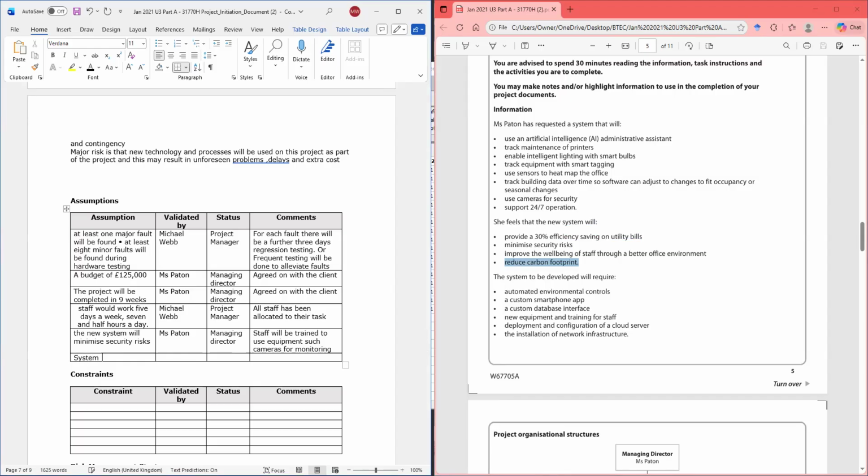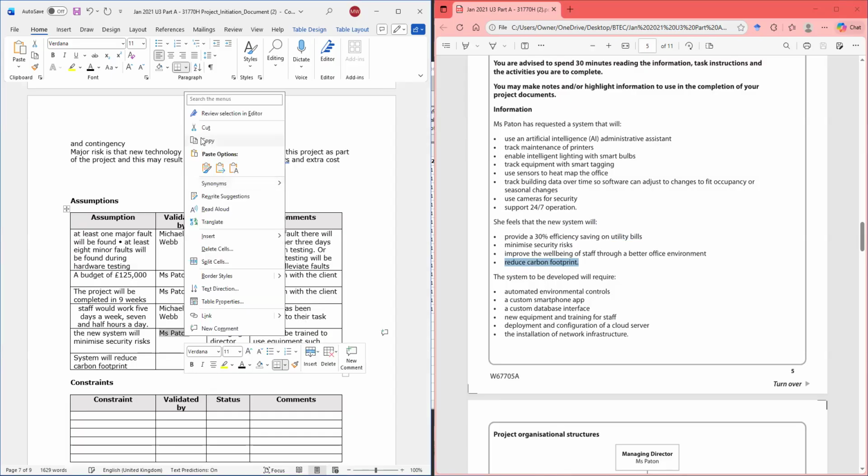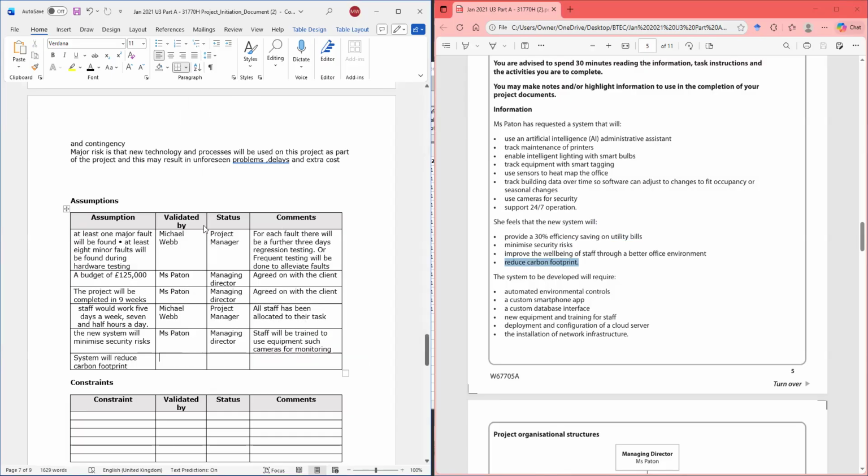System will reduce carbon footprint. All right, and that is also Miss Payton. And she's the managing director.